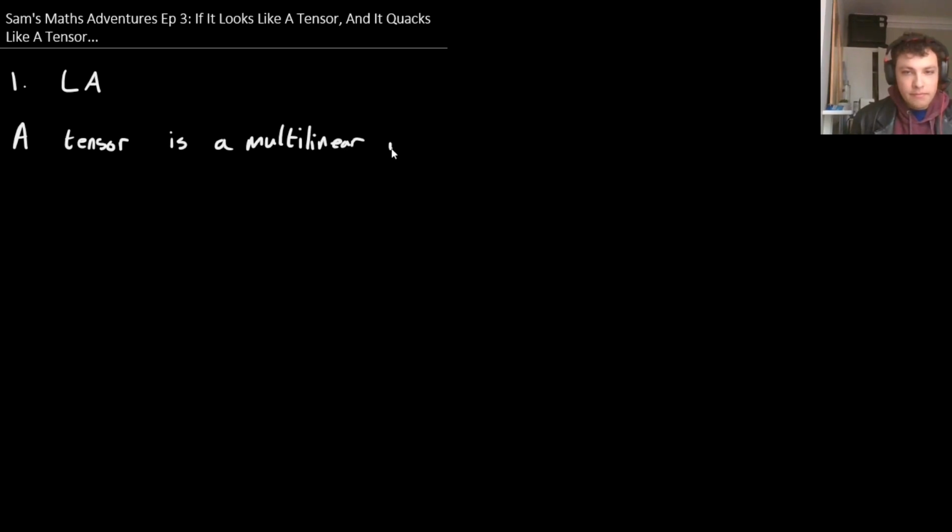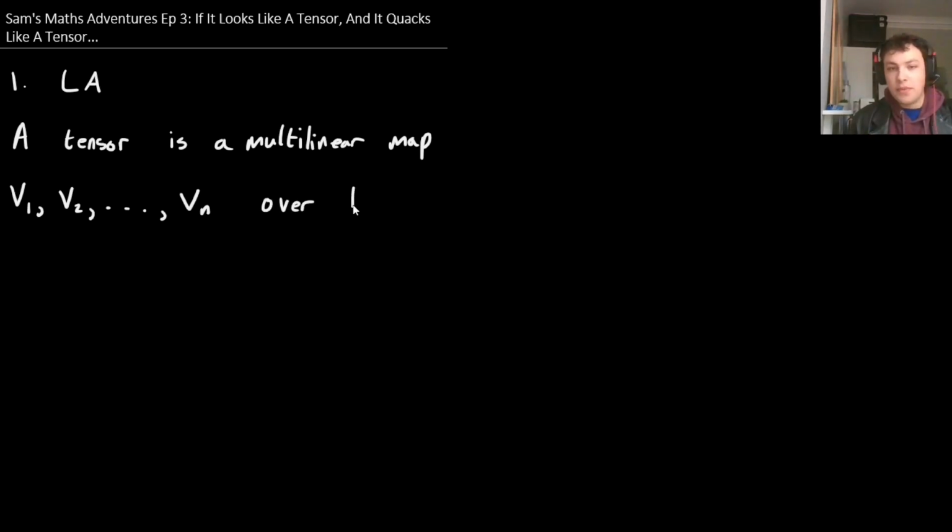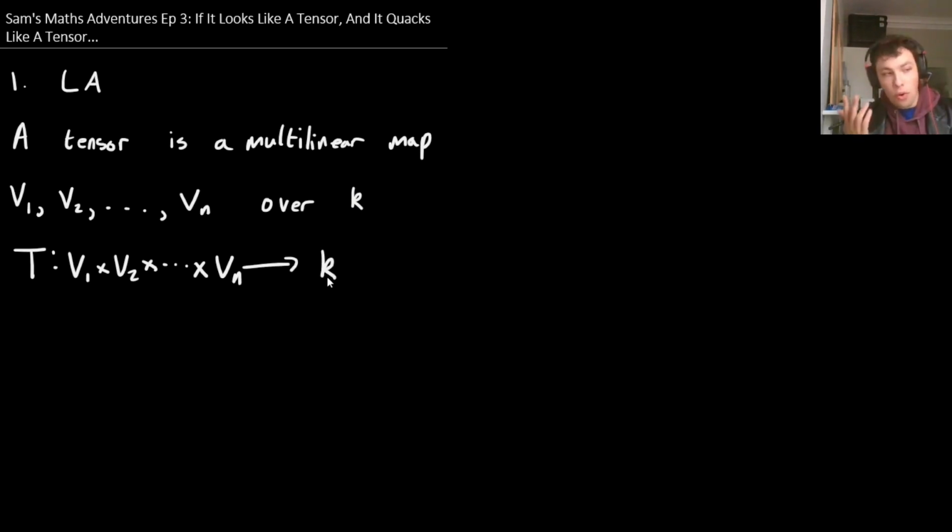If we have vector spaces V1, V2, up to Vn, all vector spaces over a field K, or they could be modules over a ring R, a tensor is a map T which goes from V1 cross V2 cross up to Vn to K, or R, which is linear in each argument. So T of V1,